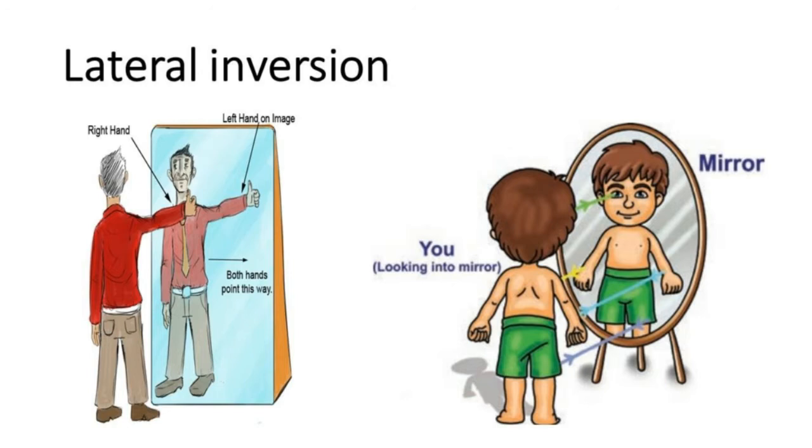The arrow from the left hand goes to the left side of the mirror, and the arrow from the right hand goes to the right side of the mirror. Here you can see that there is no switching. It is an optical illusion. Thus, the apparent lateral inversion we observe is not caused by the mirror but is the result of our perception.